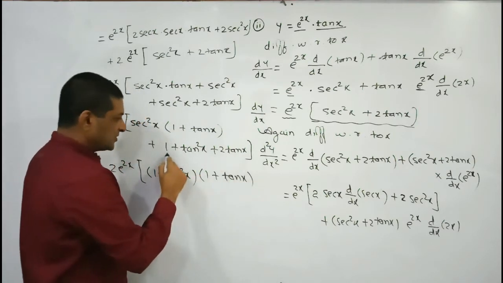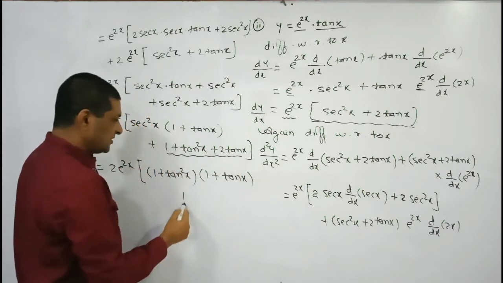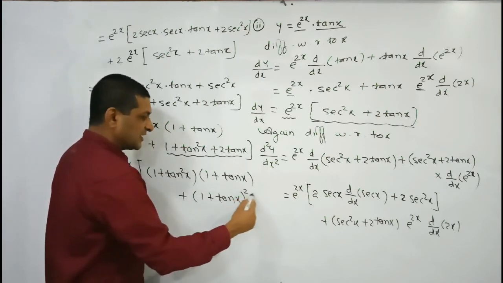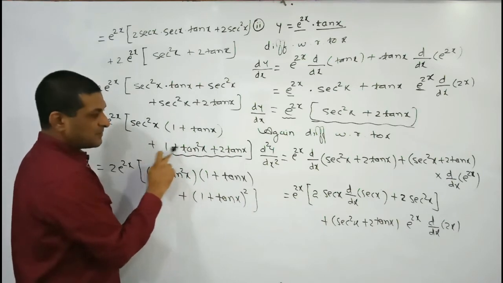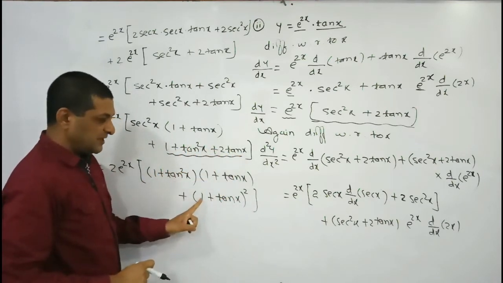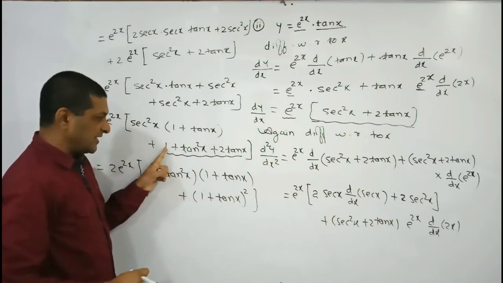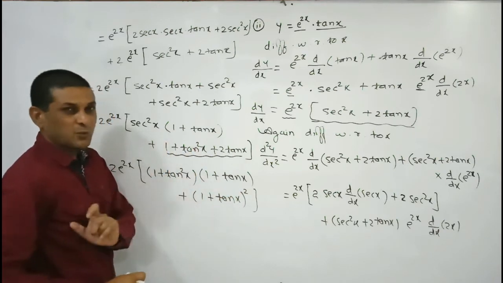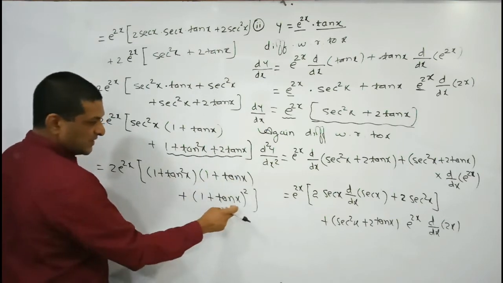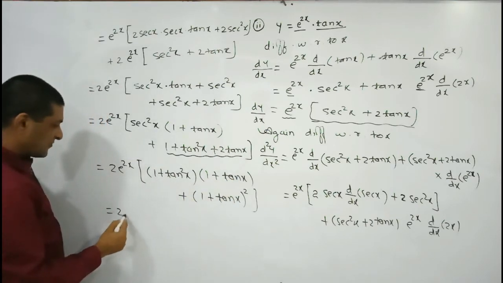And here we can observe that these three terms are nothing but the value of 1 plus tan x whole bracket square. Check it: a square plus b square plus 2ab can be written as a plus b whole bracket square, where a is nothing but 1 and b is nothing but what? Tan x. Again, if you observe both the terms, here 1 plus tan x, 1 plus tan x, we are able to take common from both the terms.